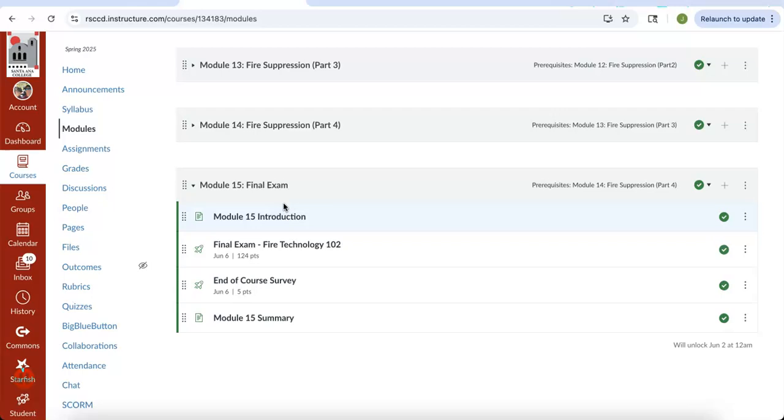From there, you move on to module 15, which is the final exam. Okay, so we have the final exam. We have an end of course survey. Please complete the survey. I know a lot of you didn't have a lot of interaction with me, mostly because this was an online class, and it seems like the biggest negative comment that I get is that you would have enjoyed a little bit more feedback, right? Which is kind of hard in this setting. So I try to make as many videos as I can and give you as much feedback as I can through the videos.